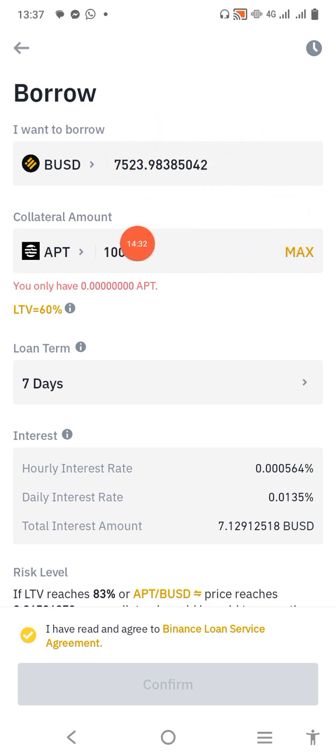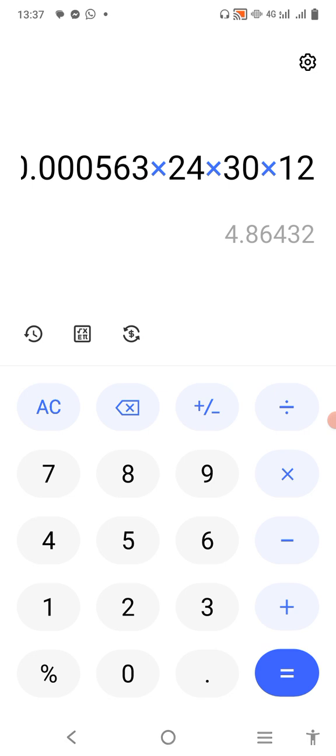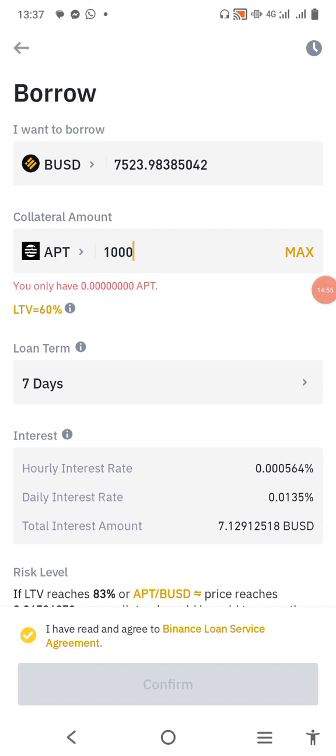Remember, the loan to value is 60%. You can see it's dropping down because of the coin that has been chosen. So for this it is way less. You can see the hourly interest rate, which is 0.00564. So let's see that. Okay, it's almost equivalent to this. So for 1 year, this is going to be about 4.86, which is approximately 5%. So for 1 year,